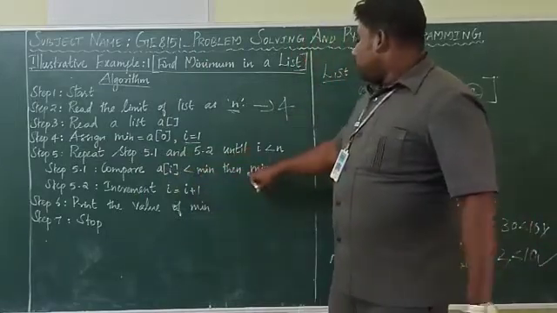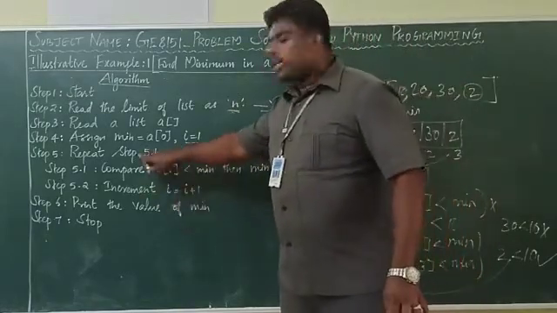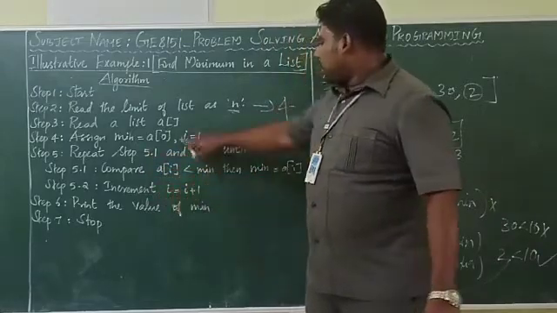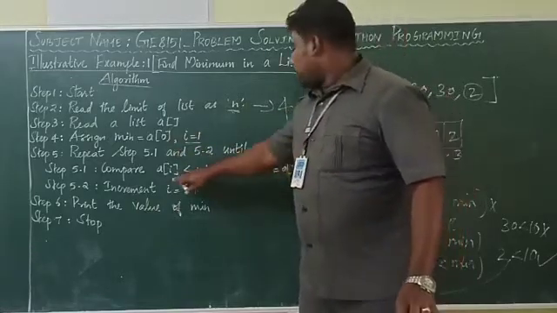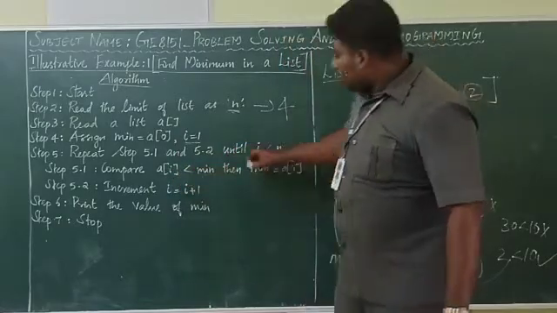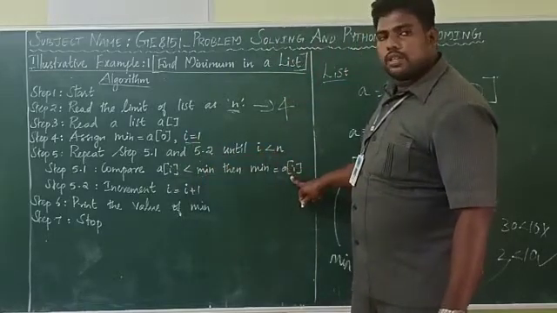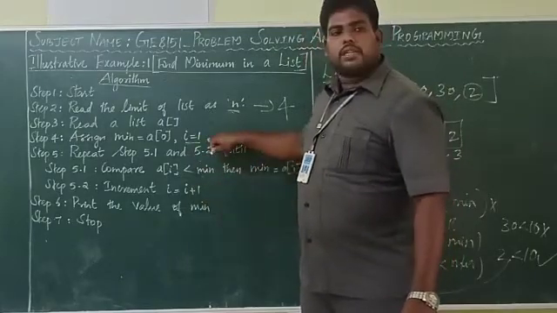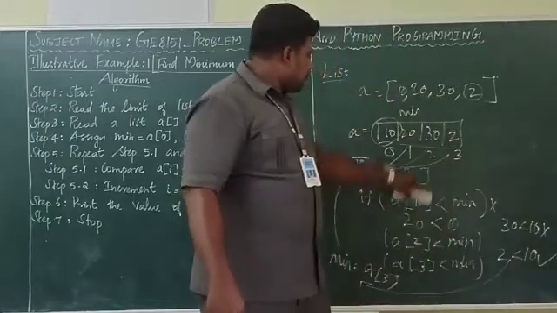Then here I am using looping, right? So what are the steps required? Initialization, condition, increment, decrement. Here initialization is over. Here this is the body. Okay. So I am repeating the steps. If a of I is less than min, if this condition is true, then min equal to a of I. Then you have to increment the I. Now what's the I value? Initially the I value is 1. Now what's the I value? I value is 2. So you are comparing the second position.